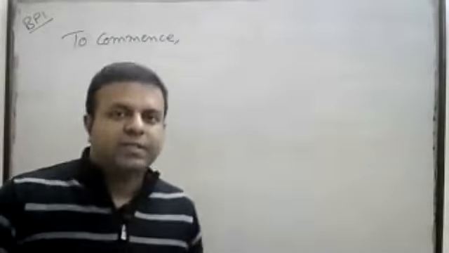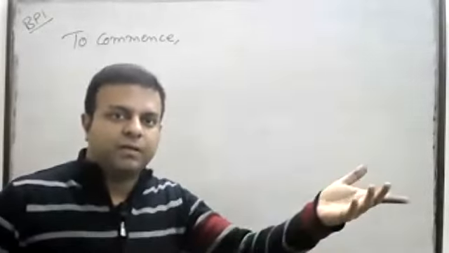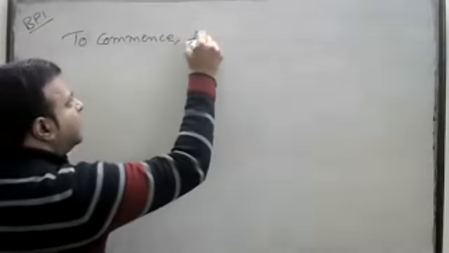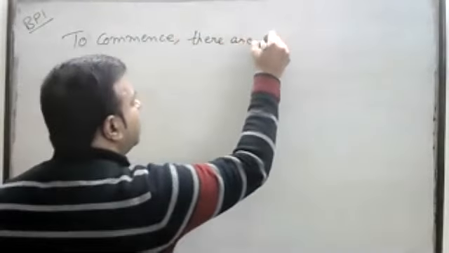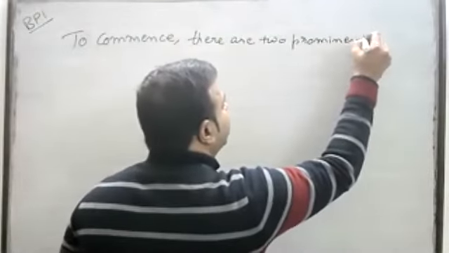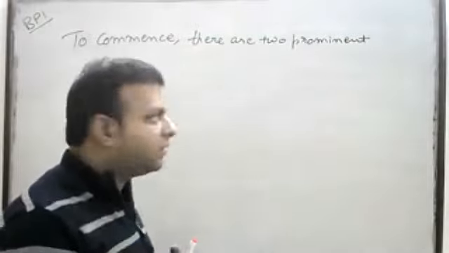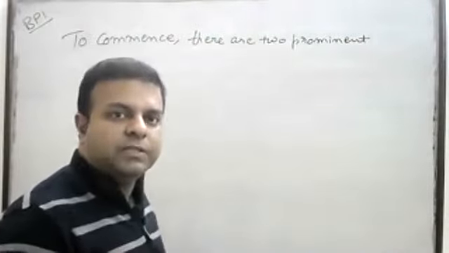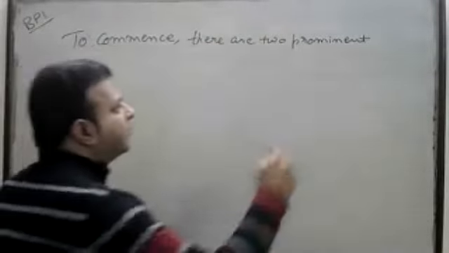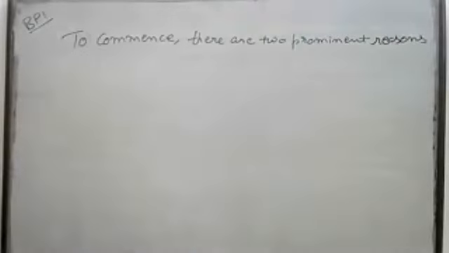So we always need to give a topic sentence first of all, right? It would just make a link. What I mean, to commence, there are two prominent reasons. Now we have discussed only two reasons: over dependence on digital gadgets and your materialistic prosperity. So that's why I've written to commence. There are two prominent reasons